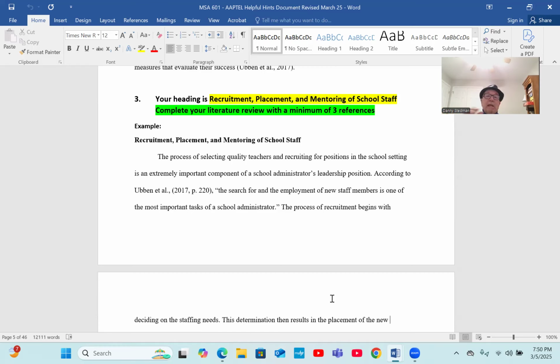Okay, your third heading is, and again, a minimum of 3 references with what Dr. Revis was talking about, recruitment, placement, and mentoring of school staff.